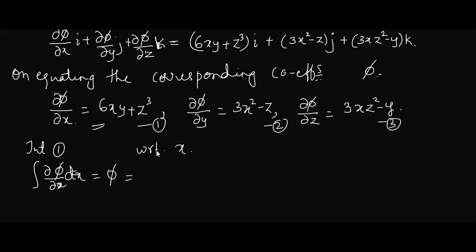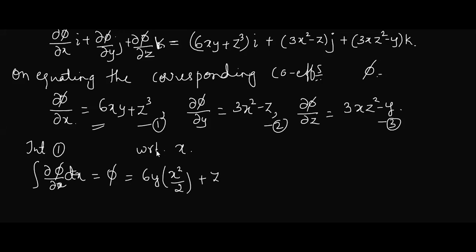Here, with respect to x, in the first term what is constant? 6y. Tell me in full, 6y. Both are constant. Remaining x, with respect to x, the integration is what? x square by 2. Very good. x square by 2. Now, plus. Now, what is constant in the second term?